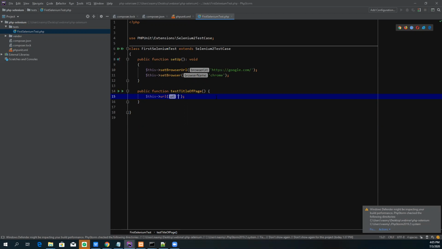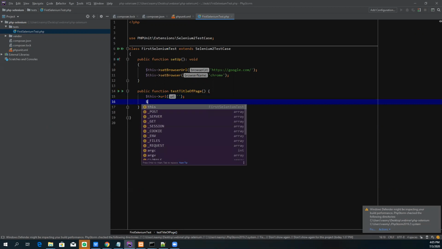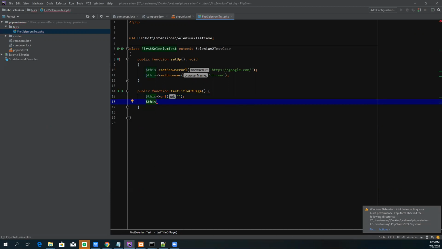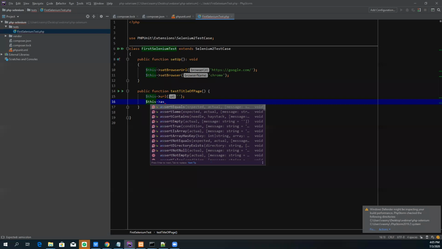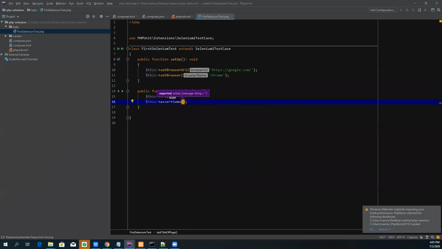Here we define the route path where it is going, such as user create, user edit, or user delete. For the moment I am going to test the index page, so I am not defining one here, and I am going to write assert same. Here I am just passing, let's say, the test, and